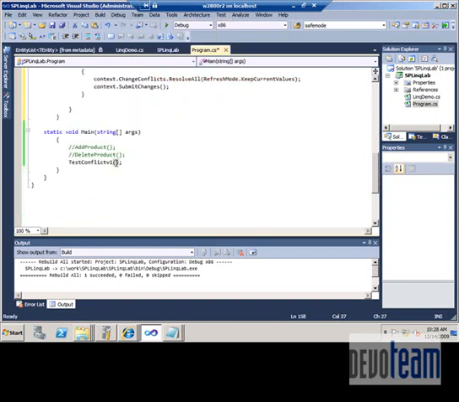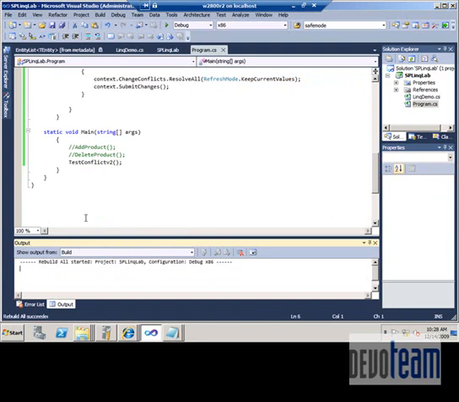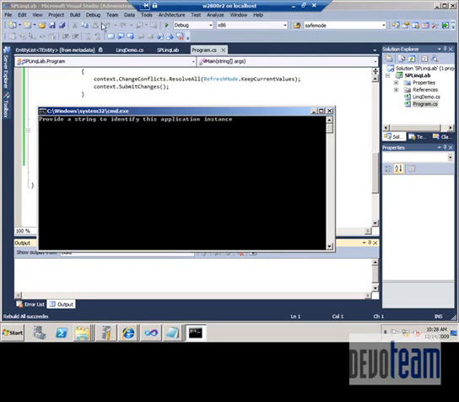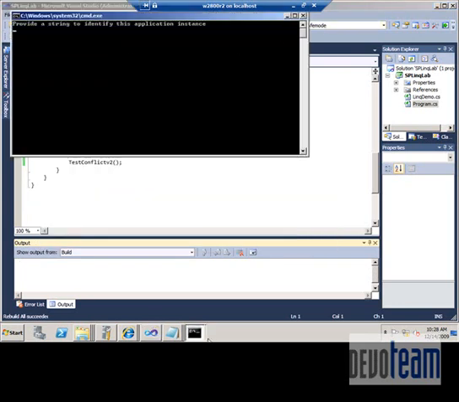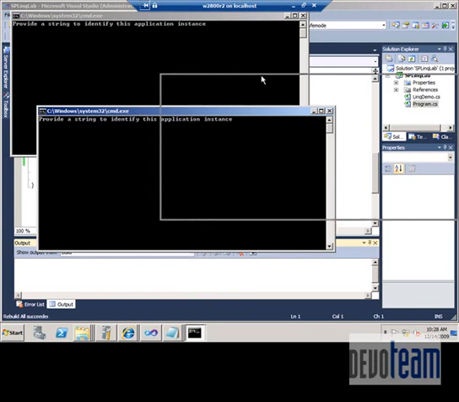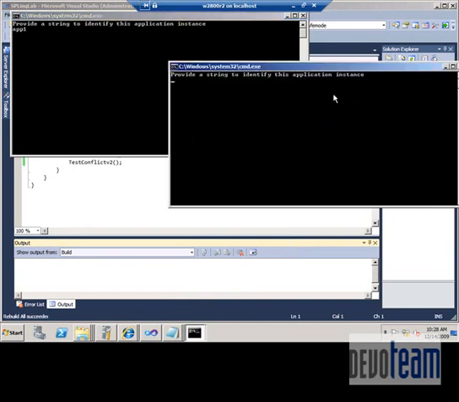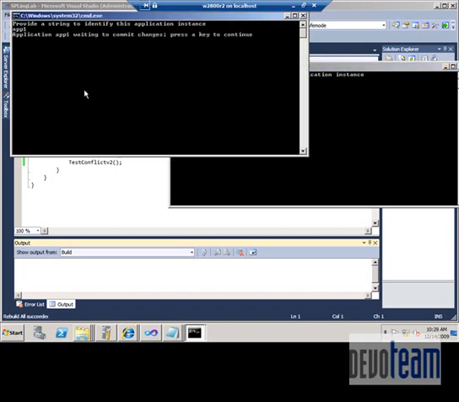So let's invoke this function and let's run two instances of this application. Application 1 and application 2. First instance, second instance. This is application 1. Now application 1 will read the data, modify the data, and submit changes. Then application 2. So let's go for application 1, commit changes, and now application 2